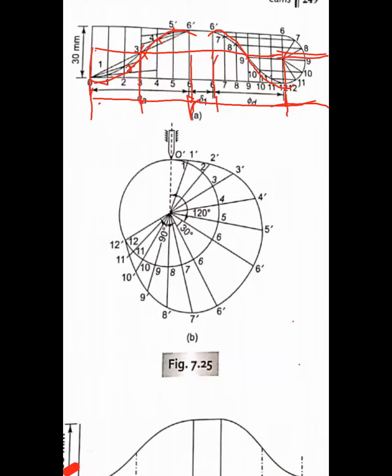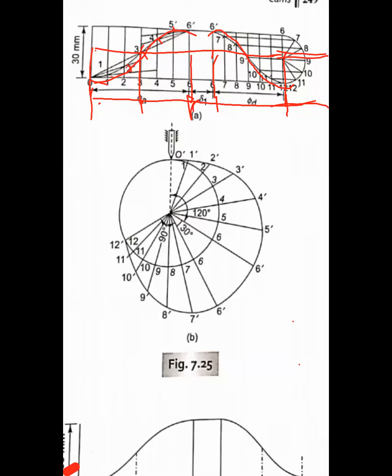Now draw the curve. And you can also give the special representation for this curve: 1A, 2B, 3C, 4D, 5E, 6F, and 6G, 7H, 8I, 9J, 10K, 11L. So that representation is also given here. And now we are going to draw our radial follower cam profile. For that, they should already mention it is rotating in the counterclockwise direction.